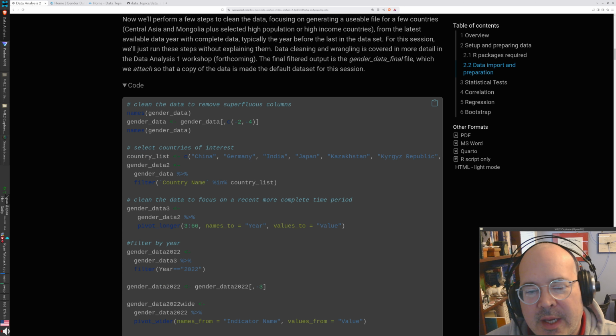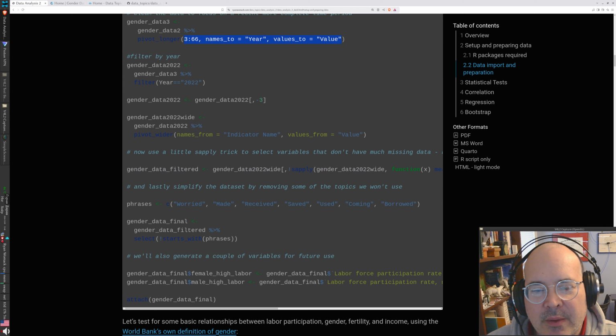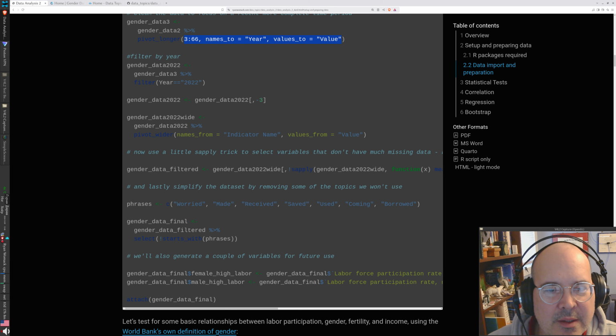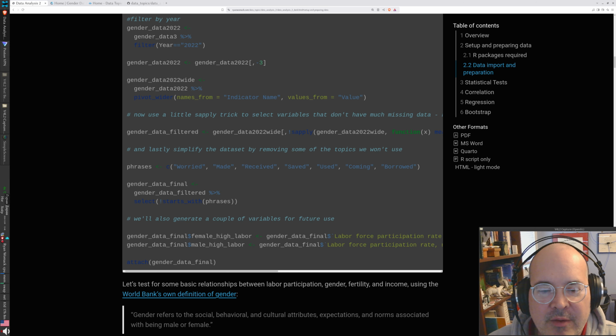So I filter the data by country, removing a couple of columns and data that we don't need, and also focusing on the most recent relatively complete year of data, which is 2022 at the time of this recording. And after processing all that, we have a data set that is